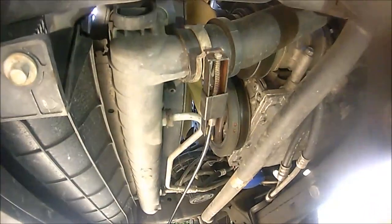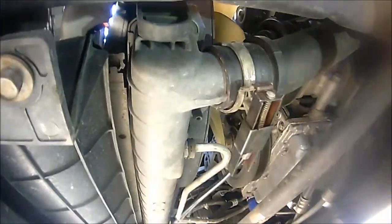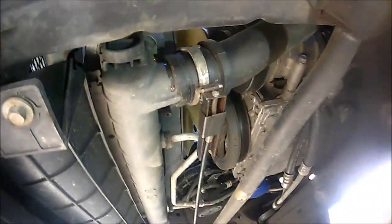Okay guys, I just want to show you how easy having this tool really is to your benefit. Again, I placed that right there by the clamps, and I'm just going to go ahead and squeeze this, and as you can see, it's going to allow me to squeeze that end, and it's just going to stay there because this is actually keeping it in place. I'm just going to put this down, and as you can see, it's allowing me to move it and to drip. So then I'm just going to go ahead and muscle